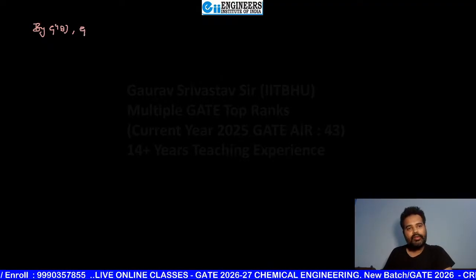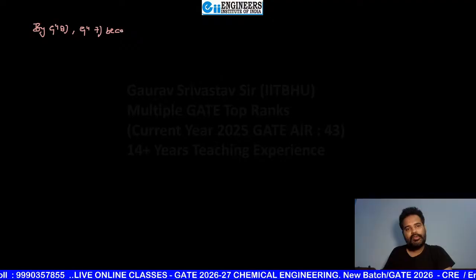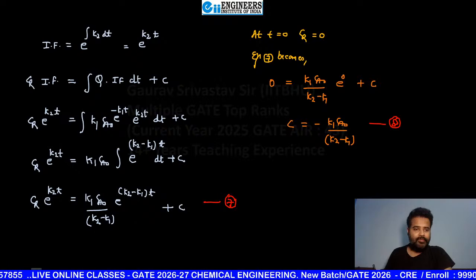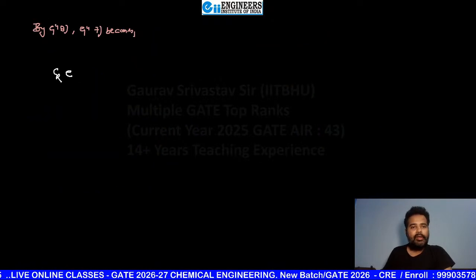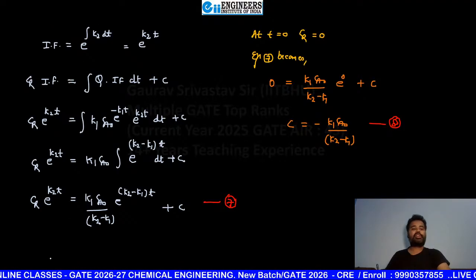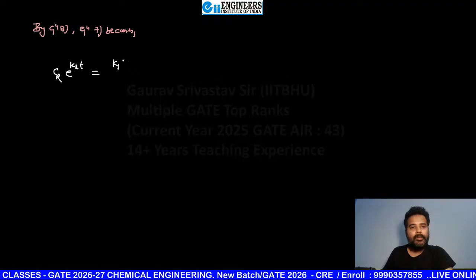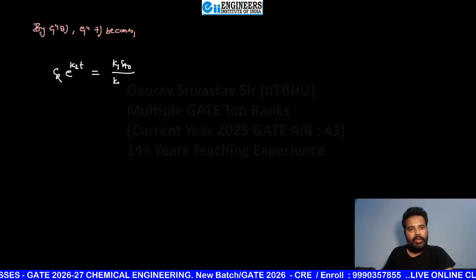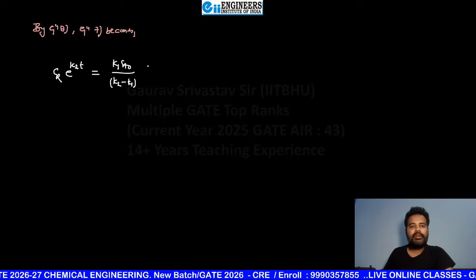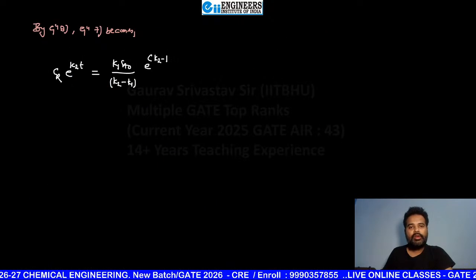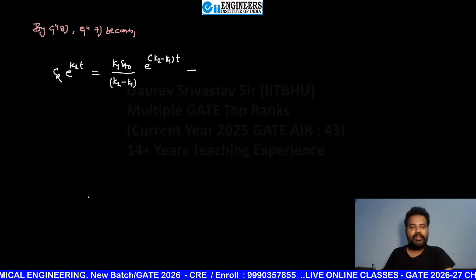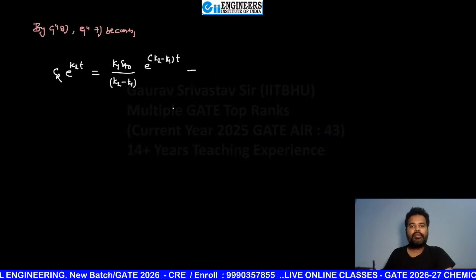By equation 8, equation 7 becomes... अब इसके अंदर में पुट कर देंगे. So it can be written as now CR e raised to power K2t, and that becomes equals to K1 CA naught upon K2 minus K1 e raised to power K2 minus K1 t, and C can be written as minus K1 CA naught